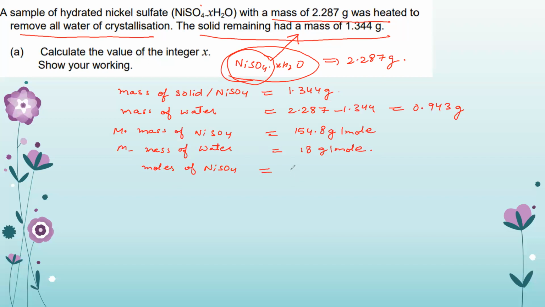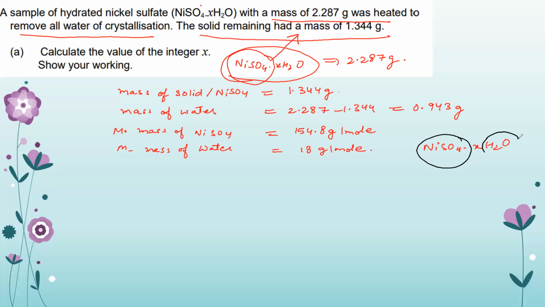Moles will be, what is the given mass? Given mass is 1.34. Okay, wait, instead of finding the moles, let us use our trick which we discussed. So we have nickel sulfate. So I will break it into two parts. What two parts? Nickel